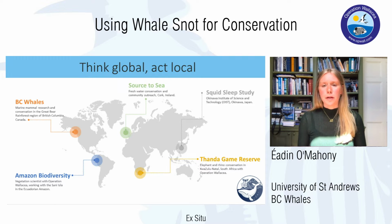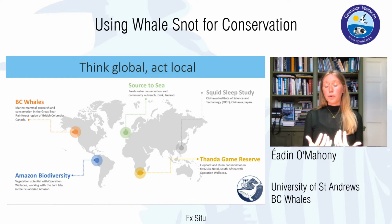So who are the people? How can they benefit from the work that's going on? And how can they actually be brought into the research that you are hoping to do there? How can it be a more collaborative effort and therefore a more wholesome outcome, because you're bringing various